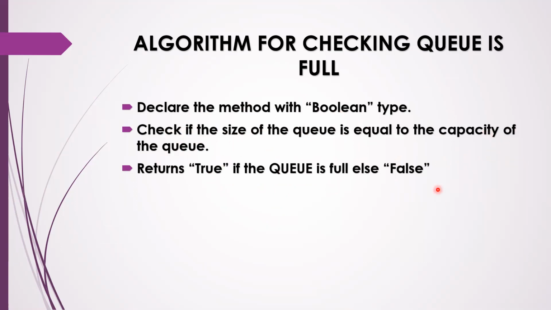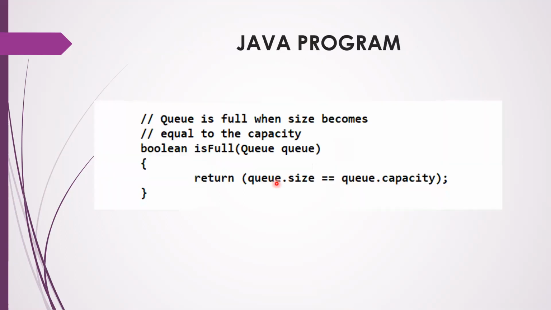For example, 5 elements can be stored. That is the queue size, queue capacity. And I've also stored 5 elements. That is the queue size. Now queue size is equal to the queue capacity, so we can check by this that the queue is full. So this method gives the answer whether the queue is full or not. This is used to check the overflow condition.